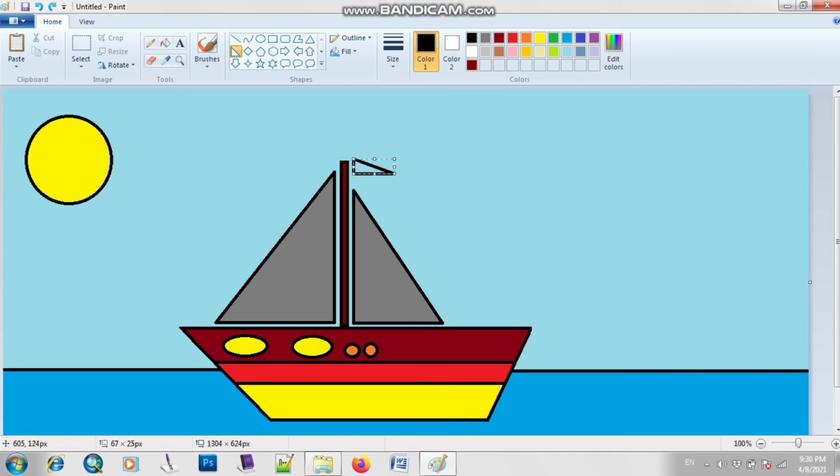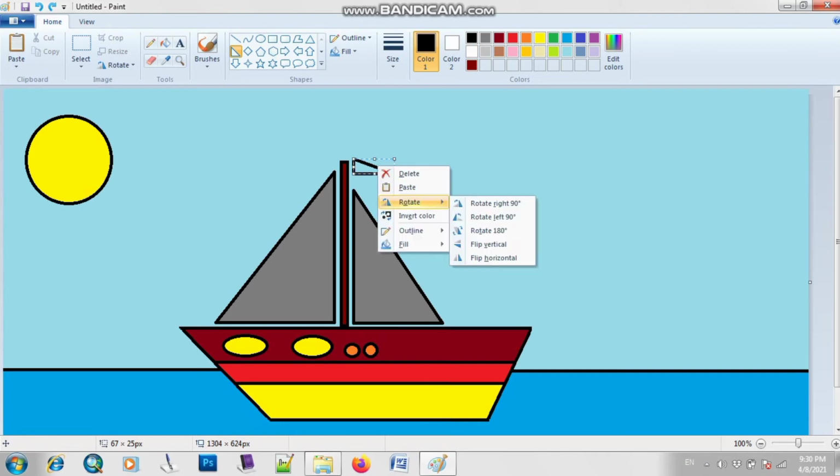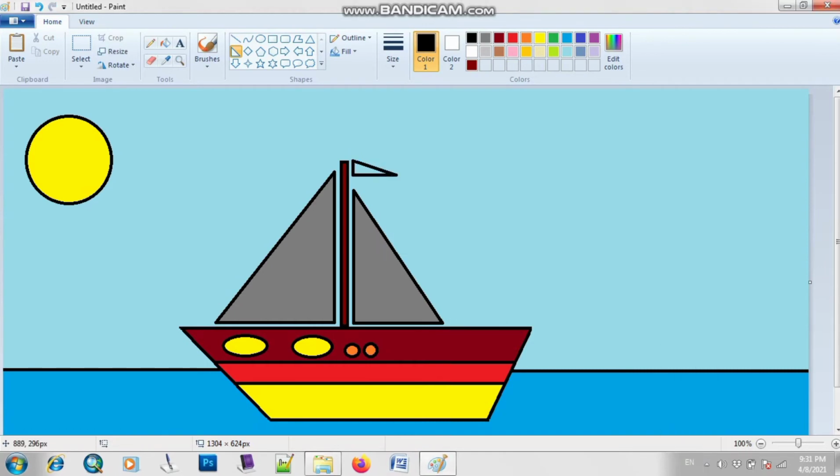Okay, so in this way you can also set the direction how you want to set it. So at the end, after drawing this flag or ribbon on your board, I will also fill a color in this flag. I will choose the color of orange or kind of red, so it will be easily visible. So now your board is complete.